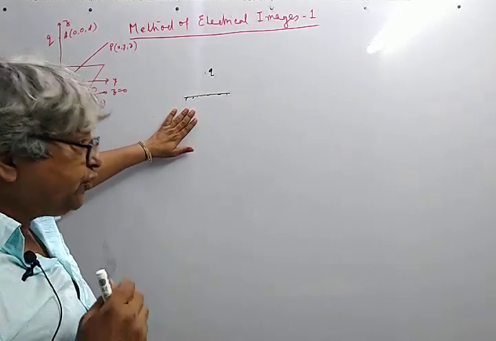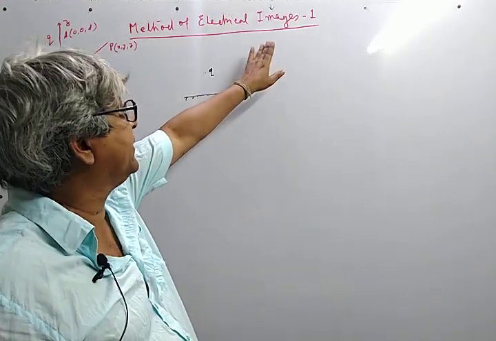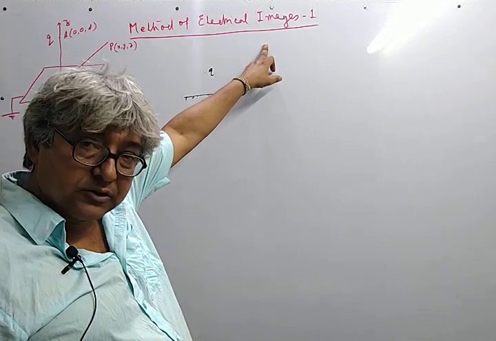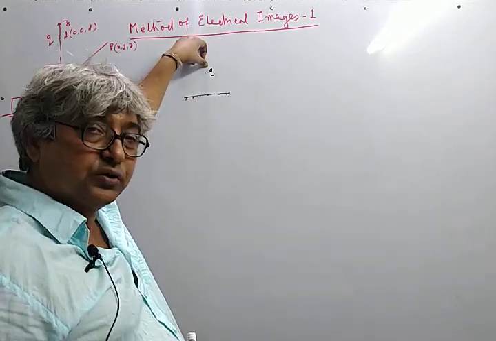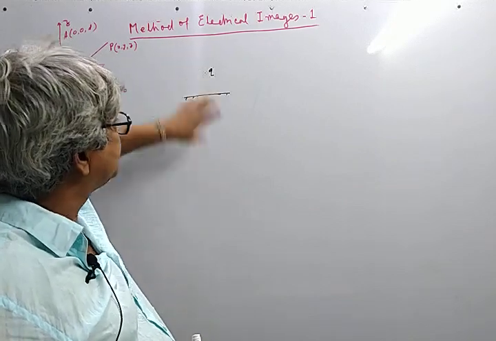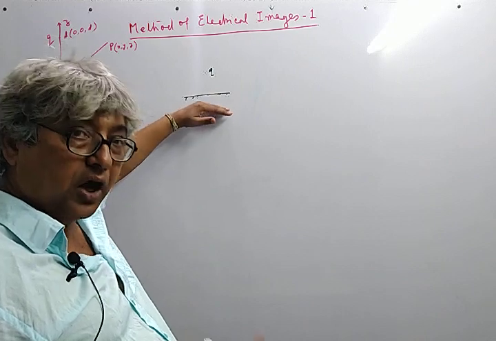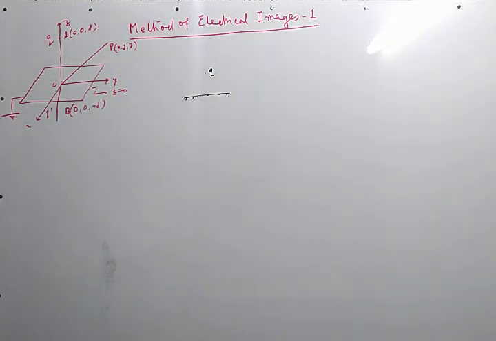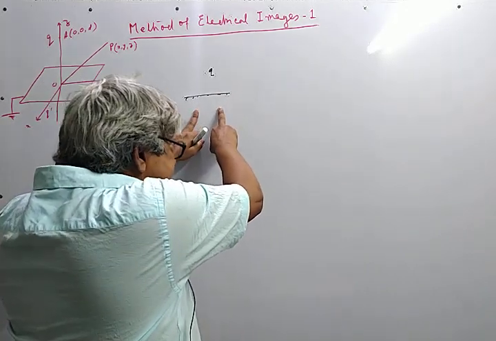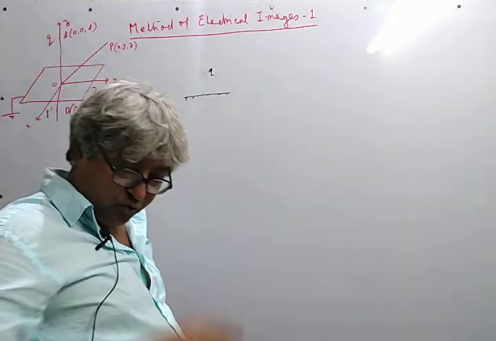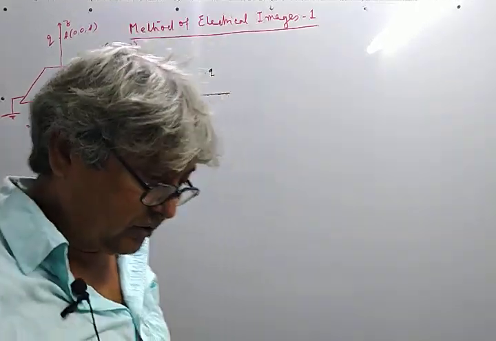If you are interested to find out the potential at any point, the potential as per superposition principle will be partially due to this inducing charge and partially due to the induced charge in the conductor or in the dielectric. Since it is not very easy to take into account the effect of induced charges,